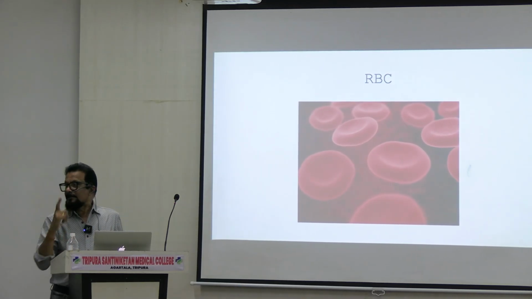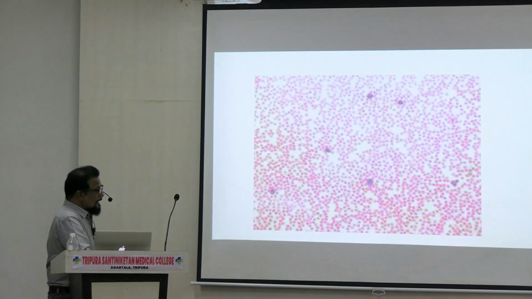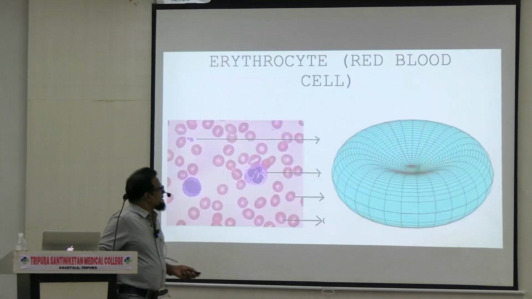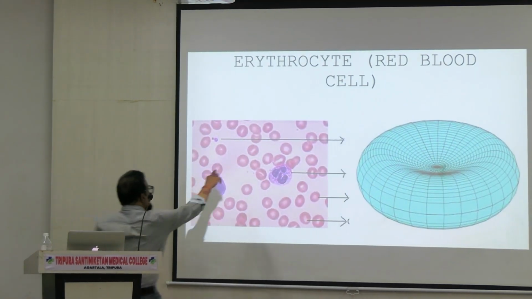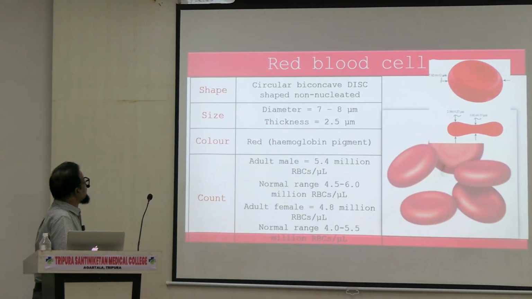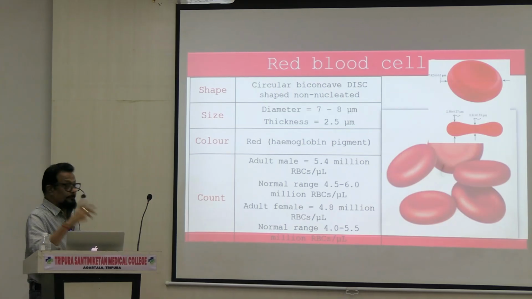So that's why it appears white. Okay. So the RBCs look under low power of microscope like this, and these are the shapes we know well. The center part is pale, and this much color is red due to hemoglobin,